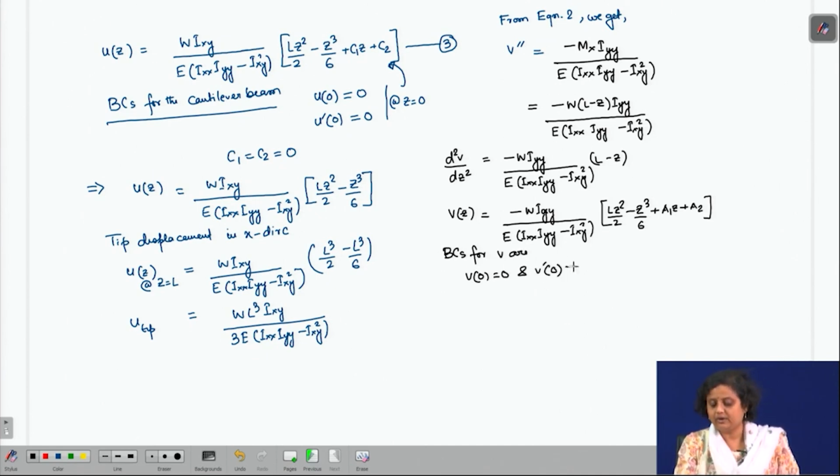So these two conditions imply that A1 is going to be equal to A2, which is going to be 0. Therefore, we can say that Vz is nothing but minus W Iyy